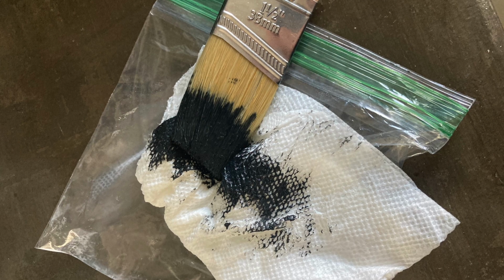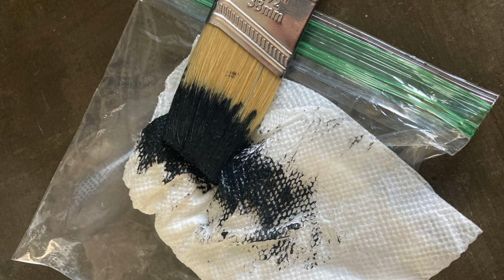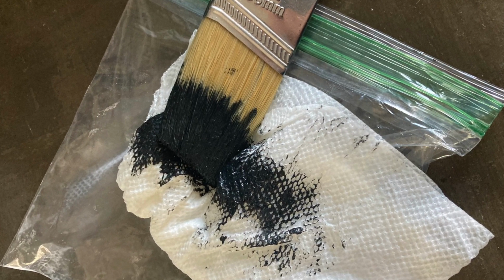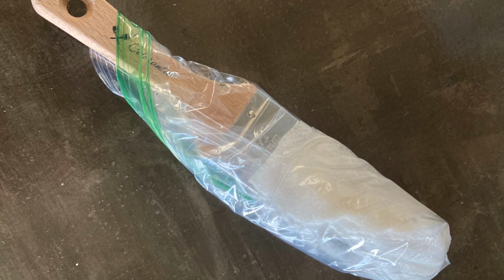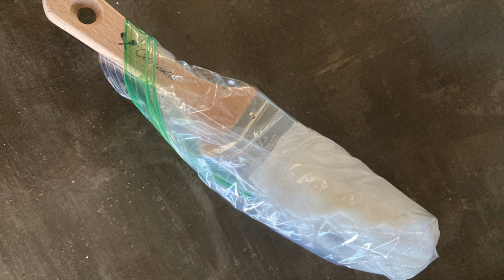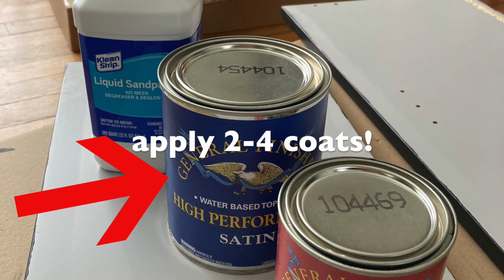Also, don't feel like you need to wash your paintbrush between coats. I like to wrap the end of my brush or my foam roller cover in a damp paper towel, and then I just stick the whole thing in a plastic bag in the fridge. If you're going to finish your painting project within a few days, this is a great way to skip all of that unnecessary washing. After my 3 coats of black paint had dried, it was time for the top coat